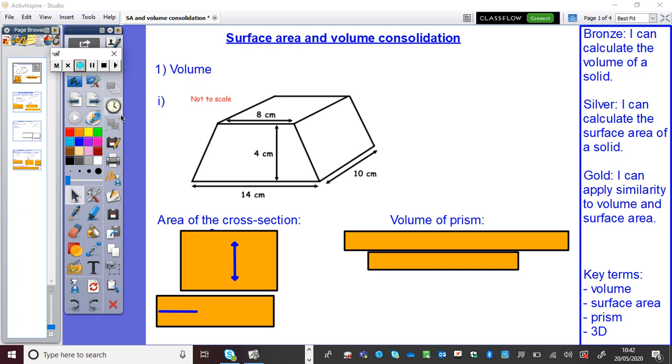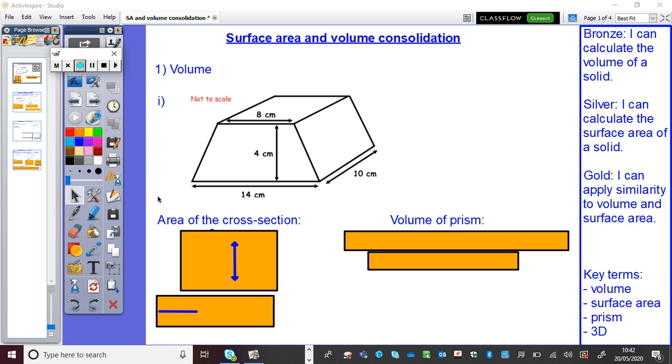Hello, Y10. I'm just going to do a quick review of surface area and volume, and I'm going to include some similarity in there as well. The first question is on volume, and then the next I'm going to look at volume with some similarity. If you're happy with volume and you're happy with volume similarity, feel free to skip until it says surface